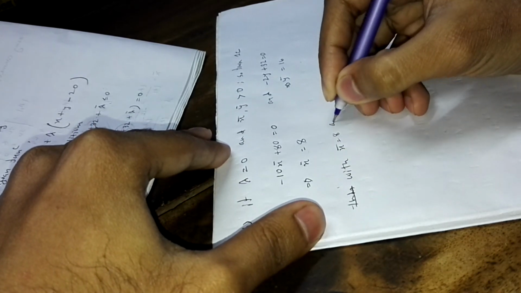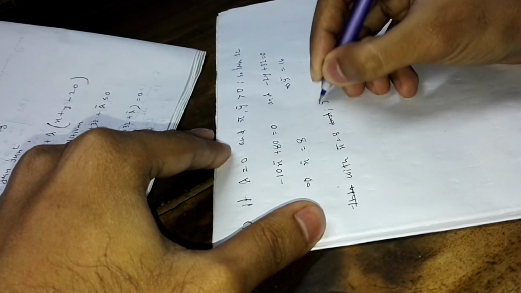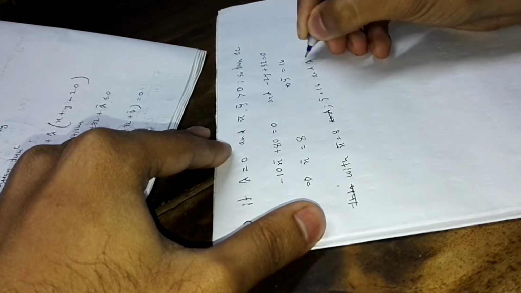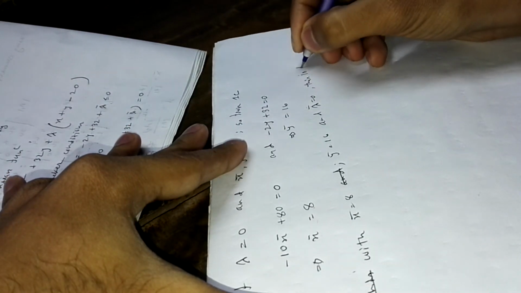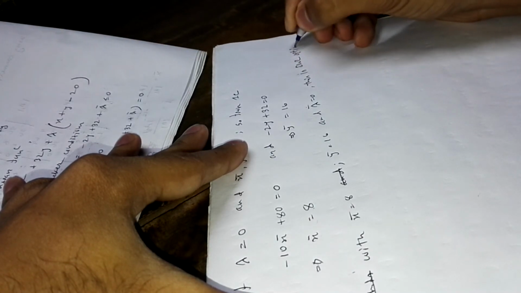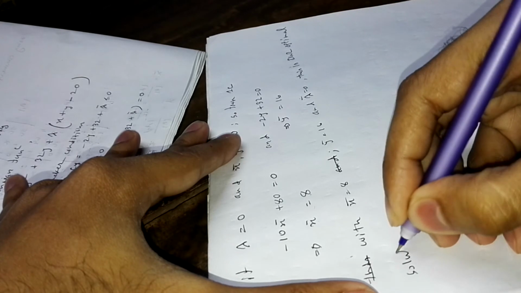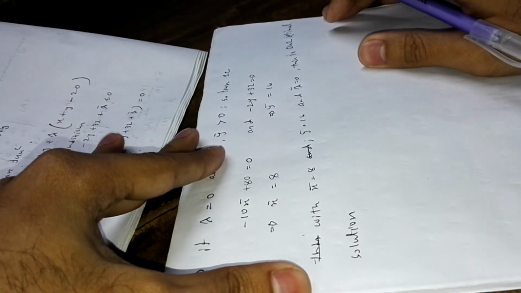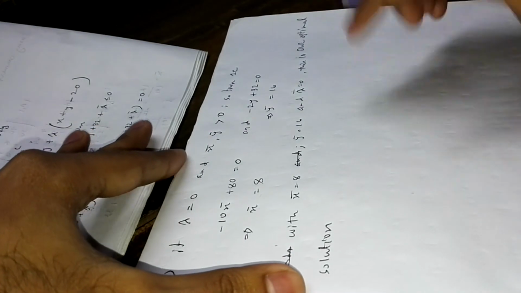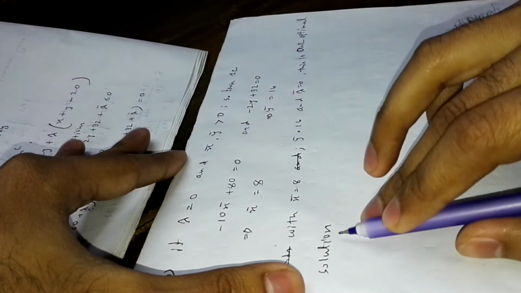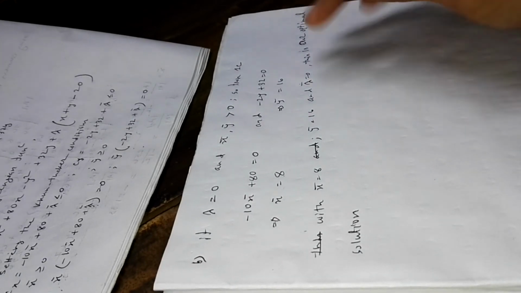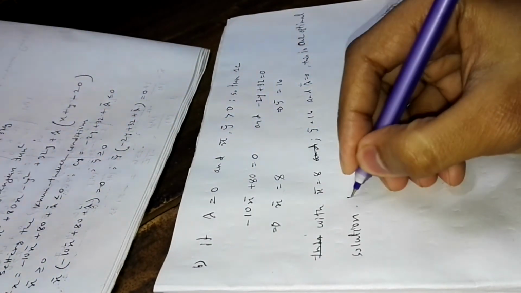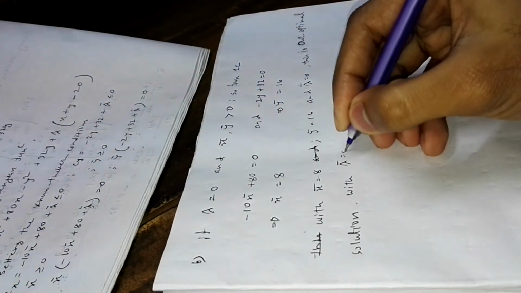x equal to 8 and y equal to 16 and lambda equal to 0, this is our optimal solution. This is our optimal solution. This is our optimal solution. And this is our optimal solution. With lambda equal to 0,